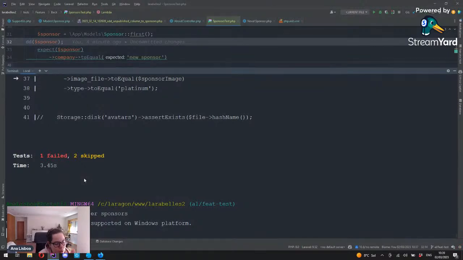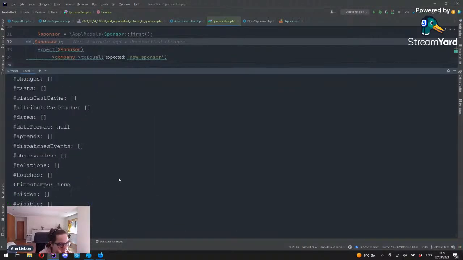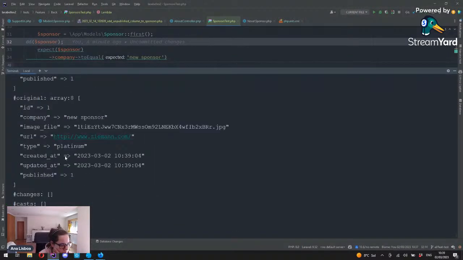We'll need to see what the rules are for the rename and if we can do anything to catch those. So image filed, yes, it's being renamed. Okay, so